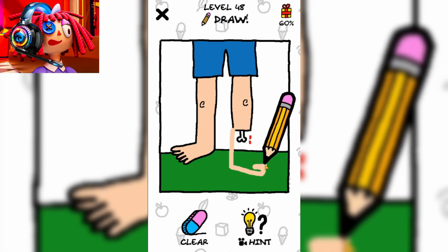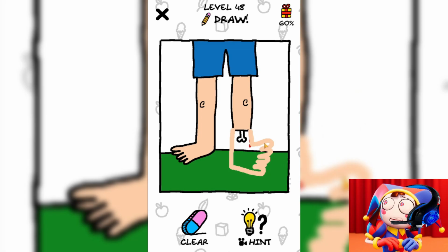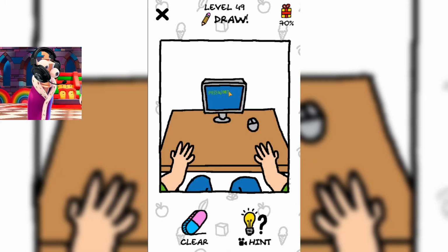Guys, where do you keep losing all your limbs? Jax, I think you drew too many fingers, don't you think so? Oh, I think this guy is quite happy with his new leg. This leg looks like it's mutated. Well, now let's add a keyboard to this guy